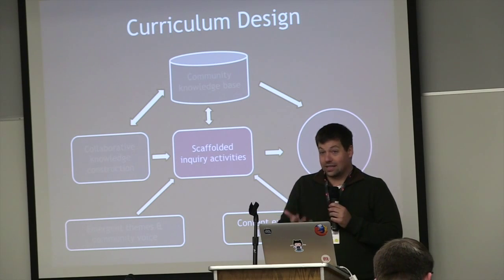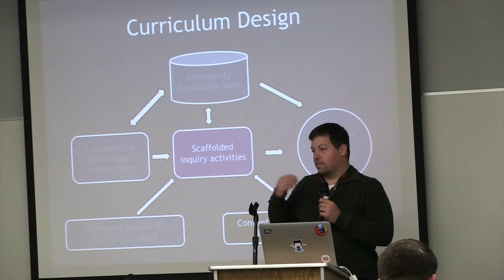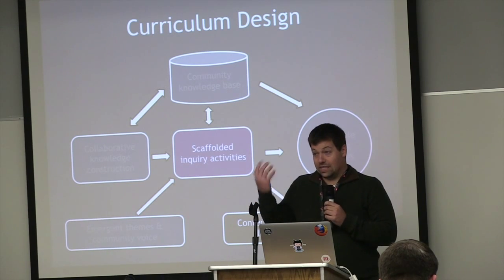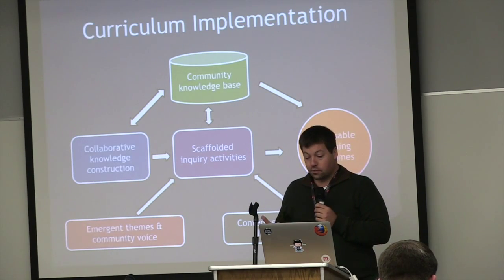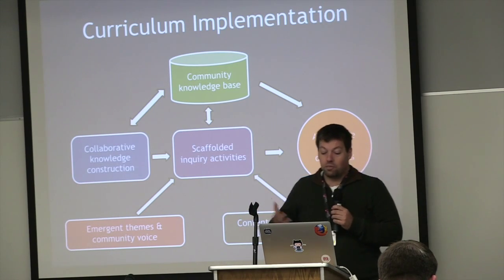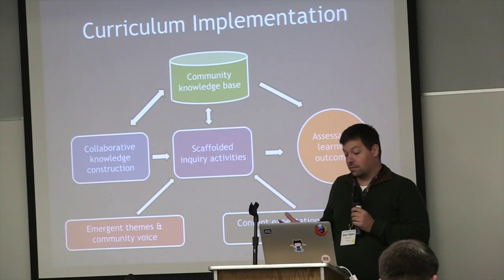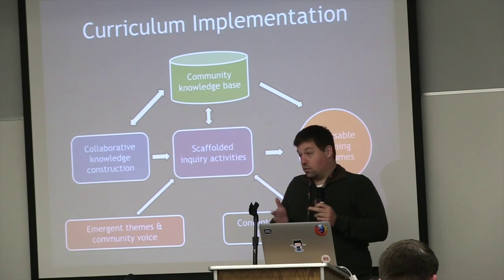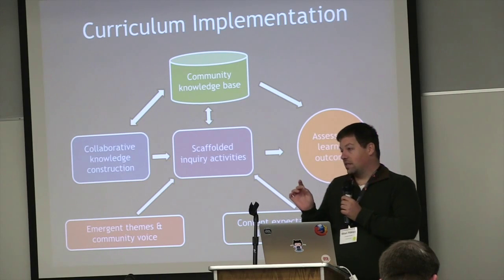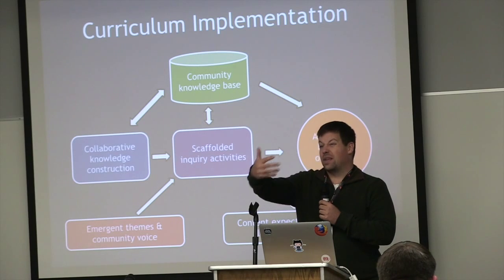Of course, everyone else has access to your wiki, so now the class as a unit has come up with this indexed knowledge base on diseases that map to these accessible knowledge goals that are open to the emergent themes and community voices, but also map to the content expectations. Then we want you not to be just an expert on a specific disease. We want you to understand all of these diseases and also how they interact.